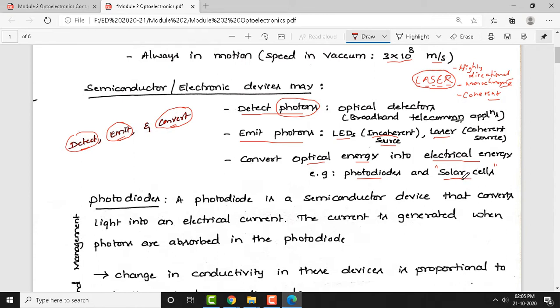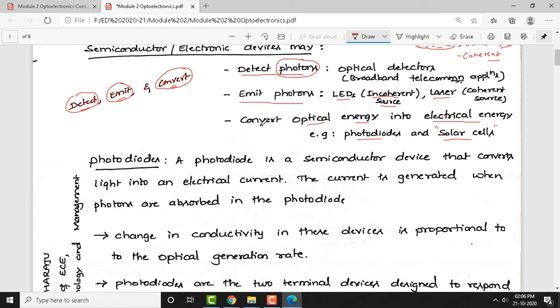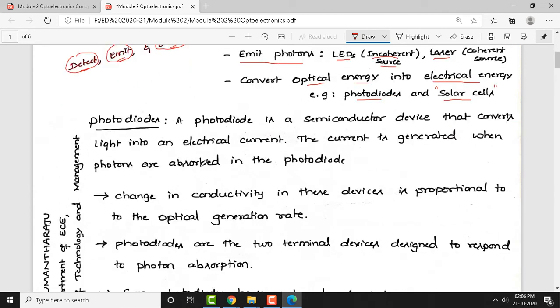We will see how exactly a solar cell functions, and this is an example of renewable energy. Light keeps falling on the earth's surface, and that can be used to convert into electrical power. This is much better than the conventional power we have. We can make use of solar energy to convert into electrical energy by using solar cells. Several cells can be connected in matrix form, and a huge amount of electrical power can be generated. So that's an example of an optoelectronic device that converts one form of energy to another. Now let us look specifically at the photodiode.